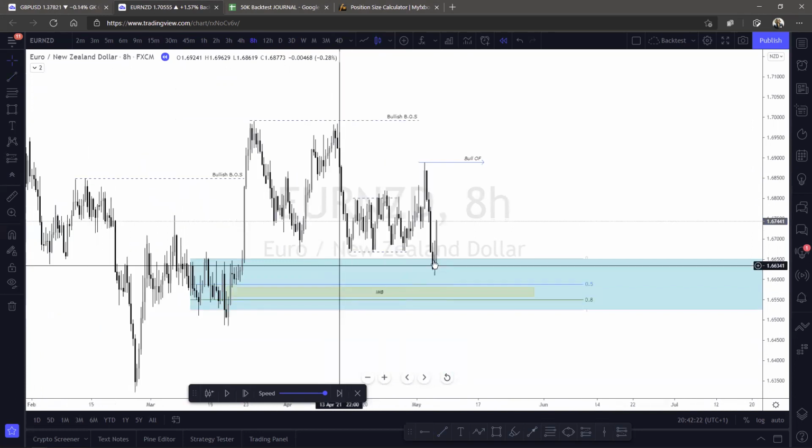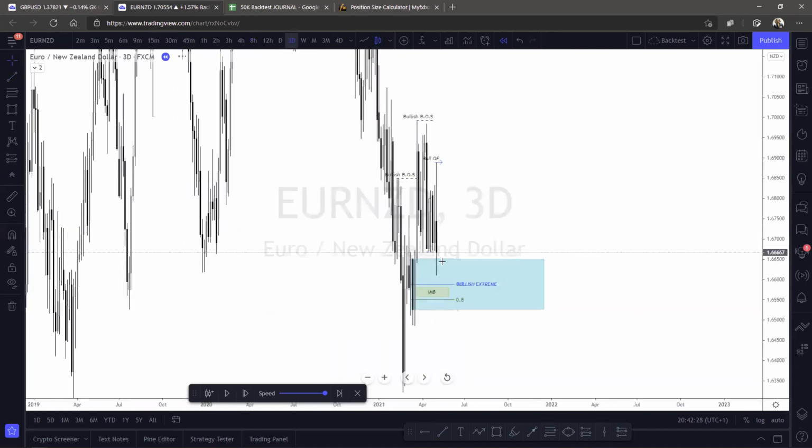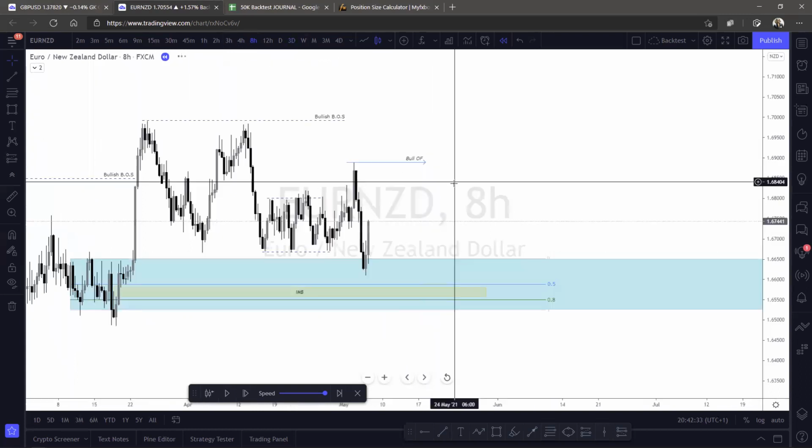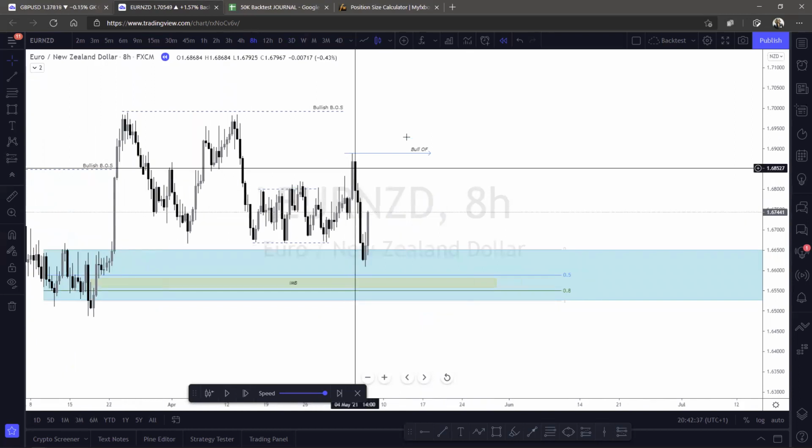But having said that, can price just go from here? Yes, because we have tapped into the open of that 3 day. There you go, tapped into it, well into it. So let's see if we can maybe find some sort of, but for me to get a lower time frame entry,